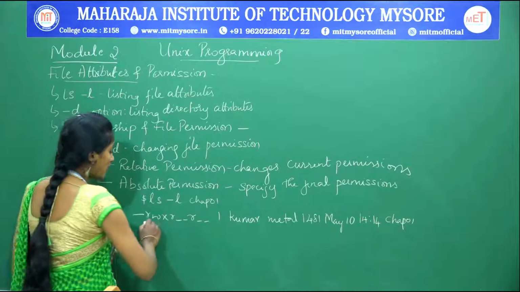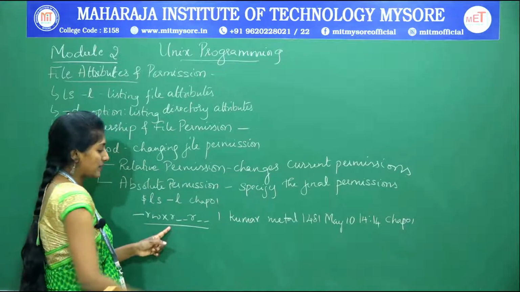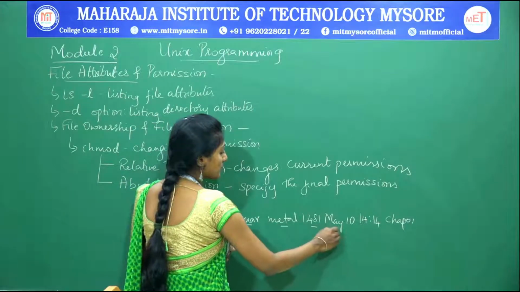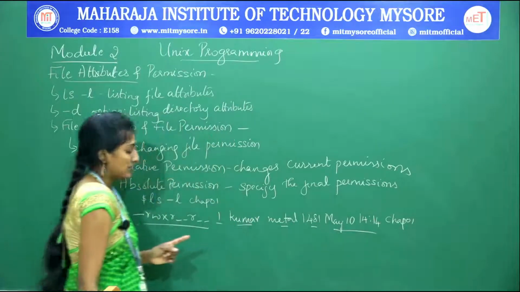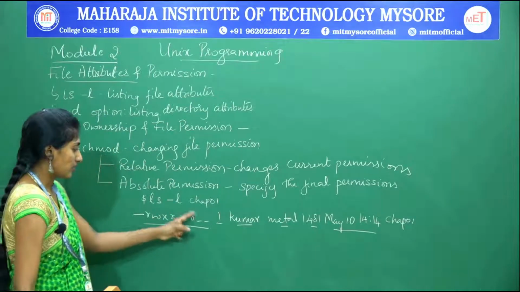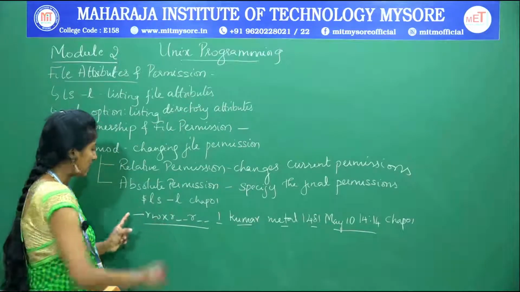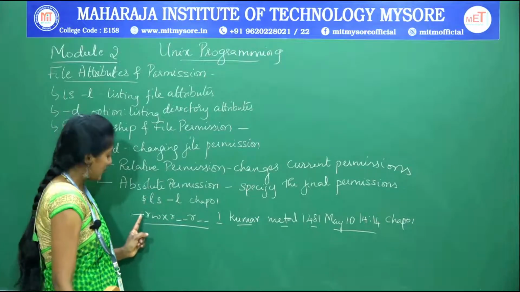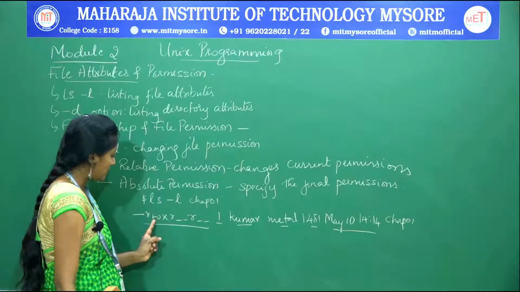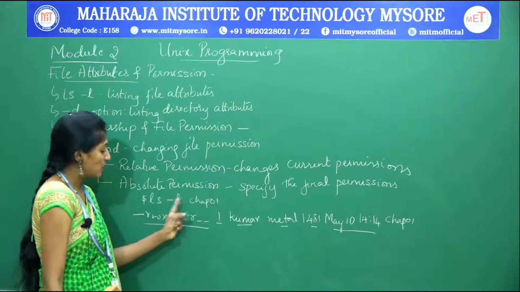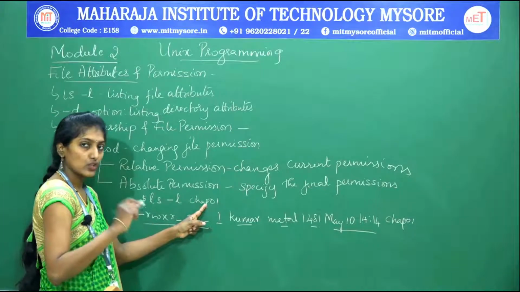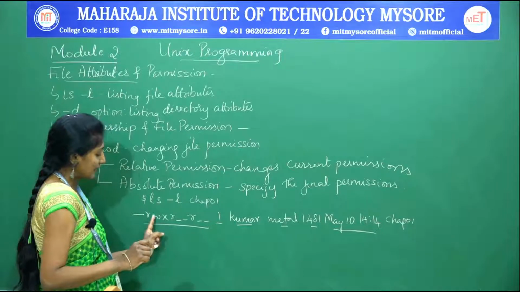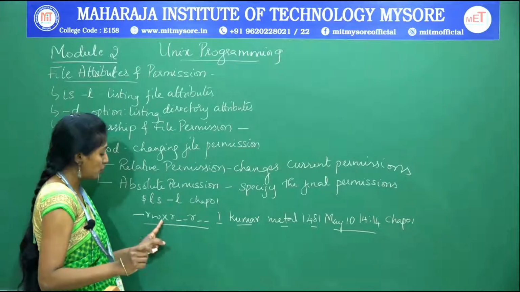What does the first column represent? What does the second represent? What do these 3 contents represent here? As you can see, the first letter is a hyphen, which means it's an ordinary file that you are listing. Next, following that hyphen, it displays the permission of the file.